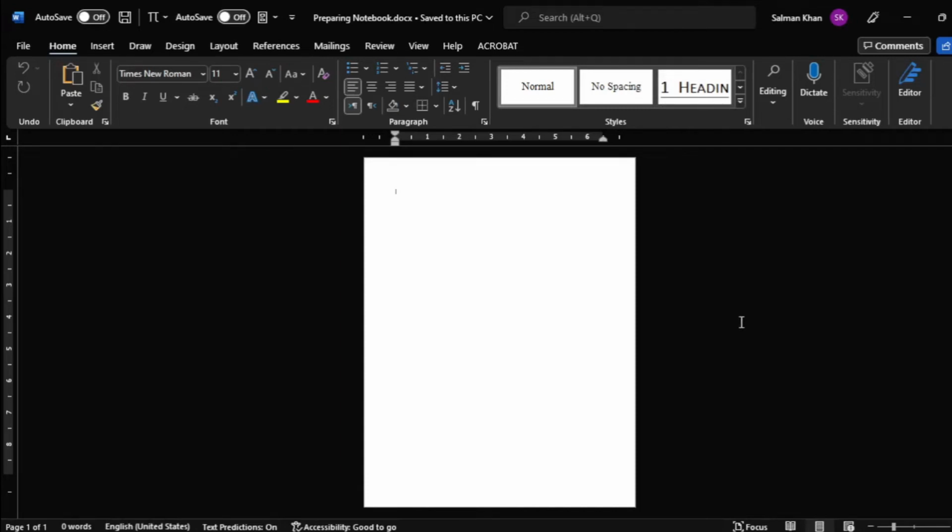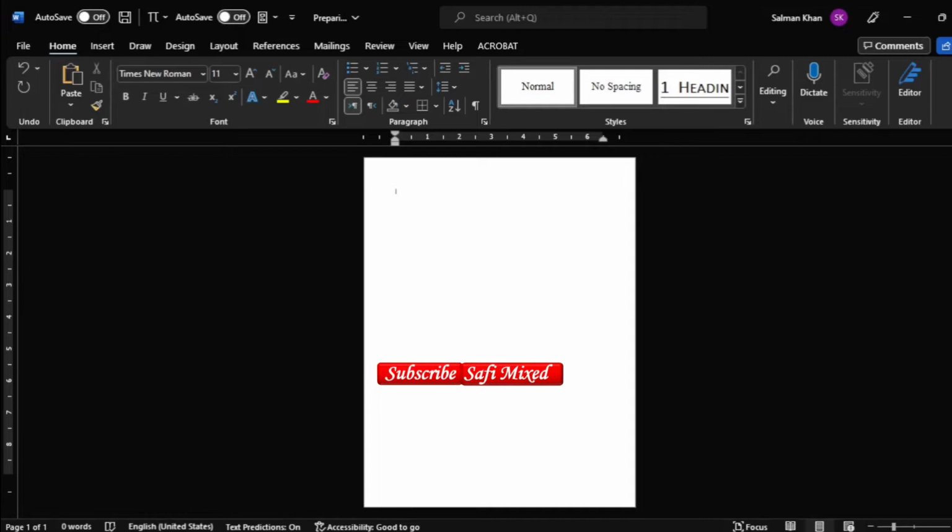In this video you will learn how to create a notebook of your own choice in MS Word. To this end, you need to open a blank document like the one you see here on the screen. The first thing is to press the Enter button 4 times in order to create sufficient space for the title